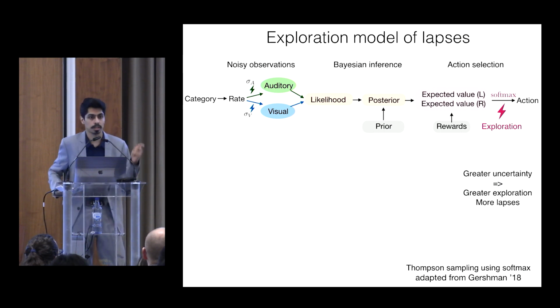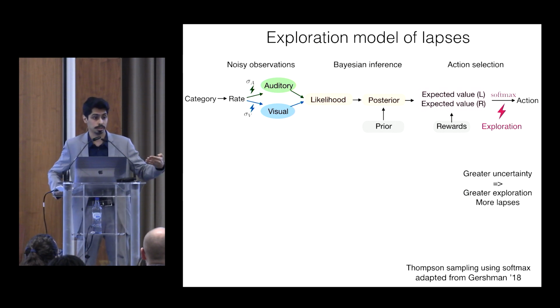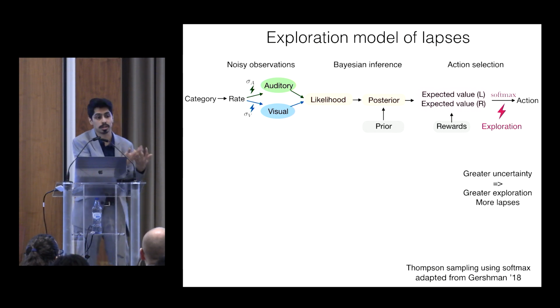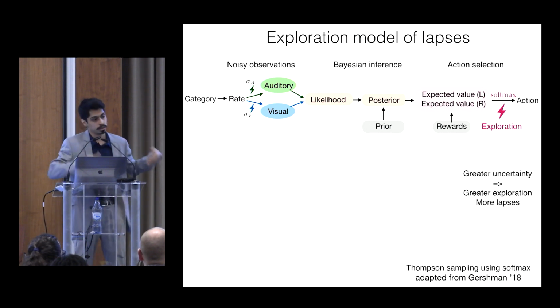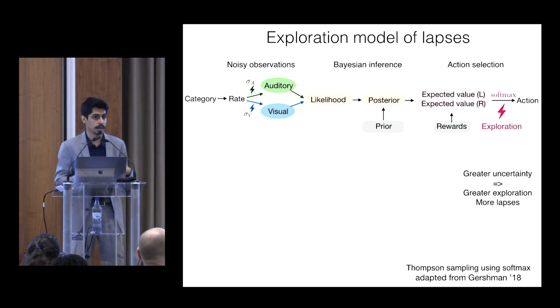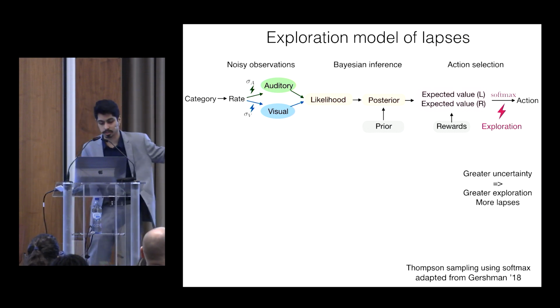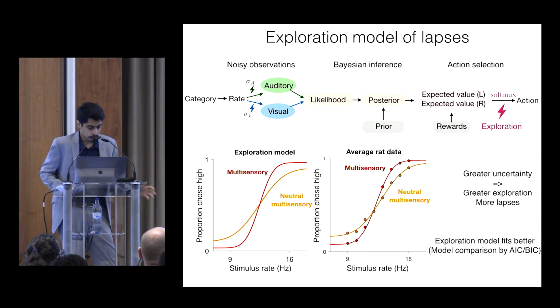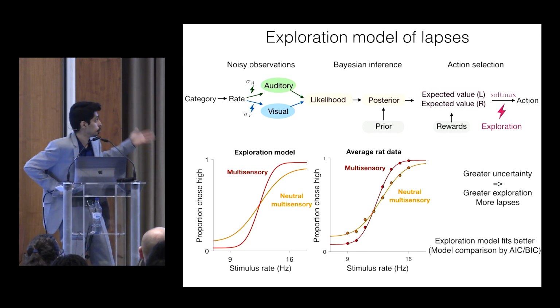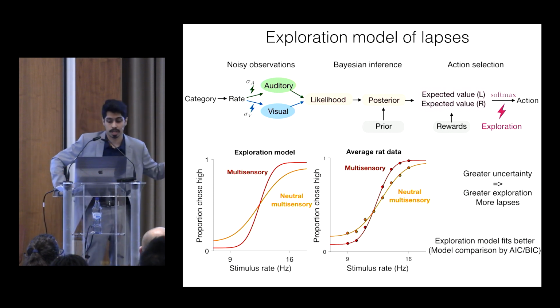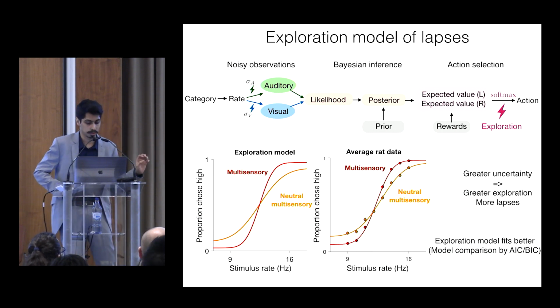And importantly, an exploratory choice is very different from a motor error because it's directed at gathering information. And so you actually expect the animal to make more exploratory choices when it has greater uncertainty about its expected values. This is a form of exploration called Thompson sampling, where the more uncertainty you have, the more you explore, and we can capture this with the dynamic softmax decision rule. So this model predicts that the animals should be more exploratory on neutral trials and have higher lapses, and this captures our data pretty well and much better than the previous two models.